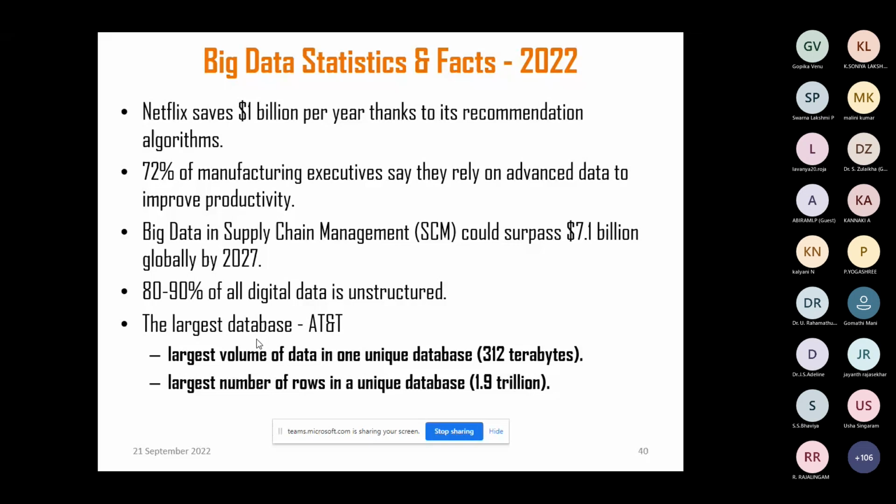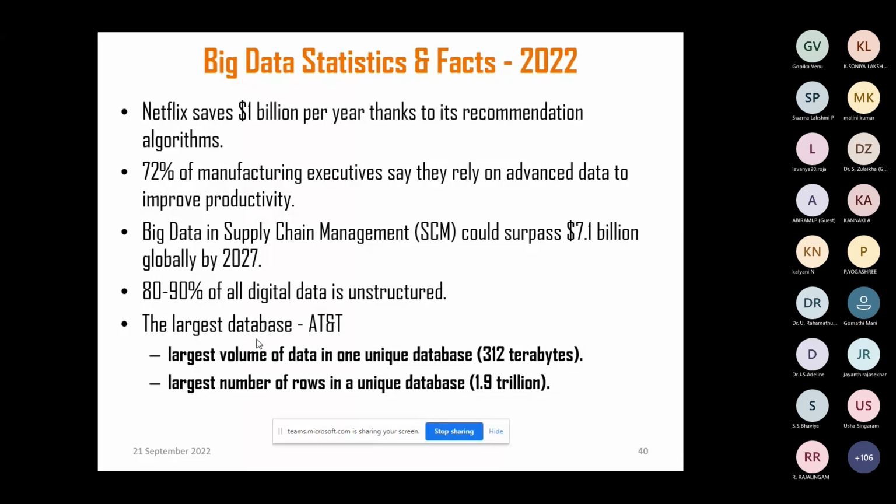I have already pointed out that 80 to 90% of the data that exists is almost unstructured. The digital data which exists, about 80 to 90%, is completely unstructured, and this is where the prime focus should be. 80 to 90% could not fit into traditional resources, structured databases or structured data processing tools. It is in the form of running text, images, video, audio. All these are of prime interest in the near future.